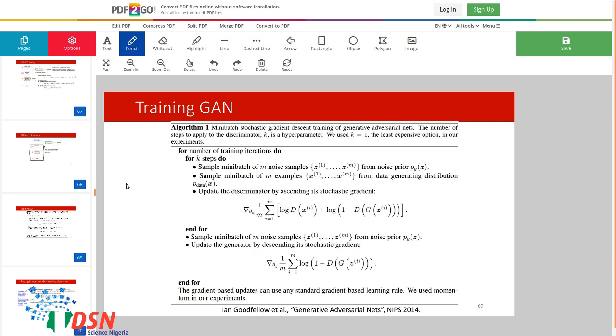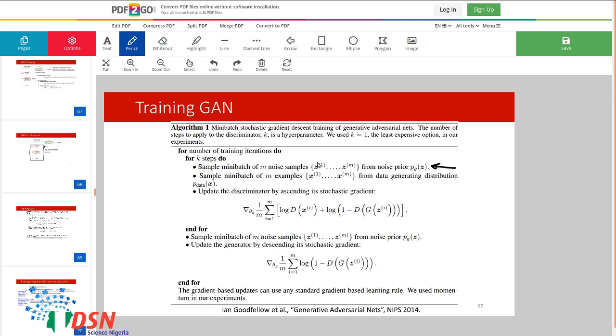So you could see how we train the discriminator and generator networks here. For k steps, we will talk about this k in the next slide, but for k steps we first sample from the noise distribution.